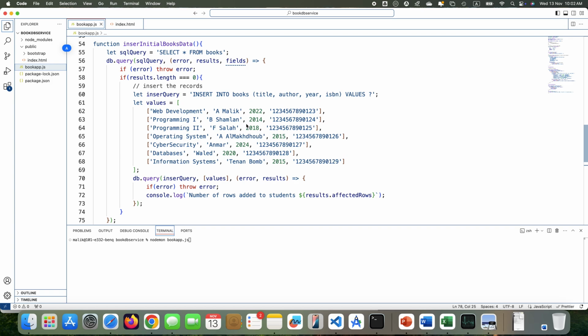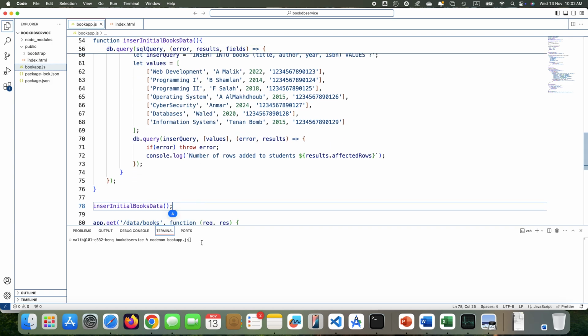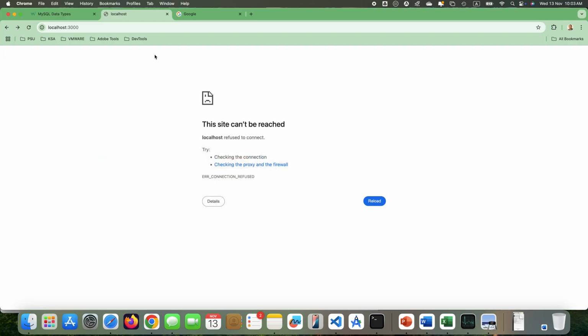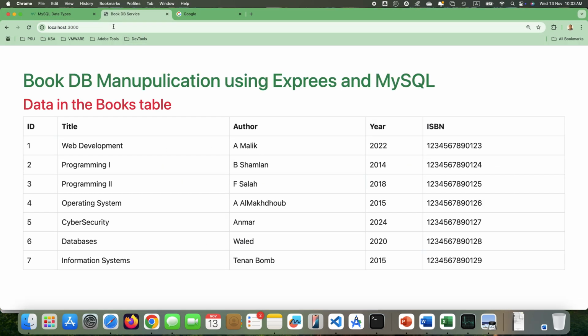At this point, where we are trying to add the data, let me run the application, and then we can come to our localhost and it shows me the data. So we have added a few records, and now what I want to do,